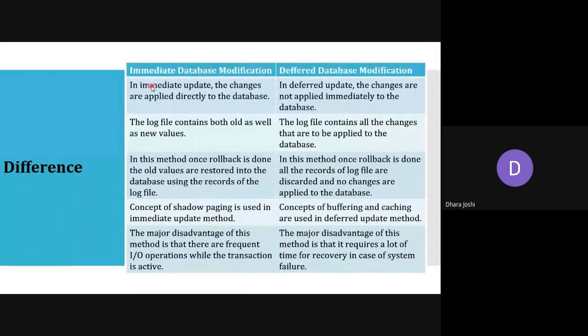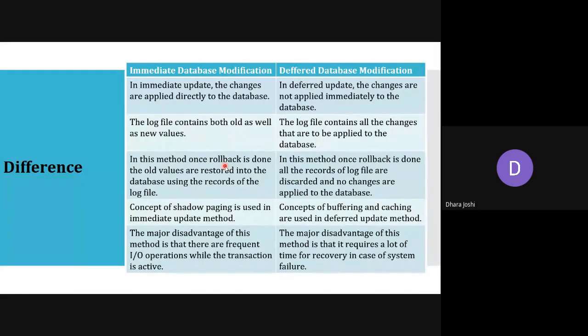Immediate, the database effect will be immediate. Here it will be delayed. In immediate, it will not be waiting for the commit operation, but in deferred, they are waiting for the commit operation, and only after that will it make the changes in the database. In immediate, we are having old and new, both the values. Here we are just having the new value.